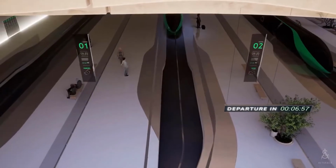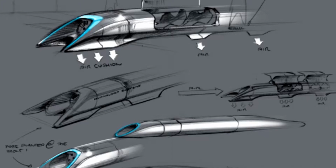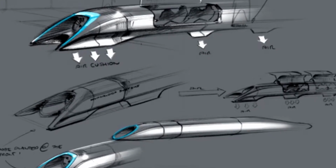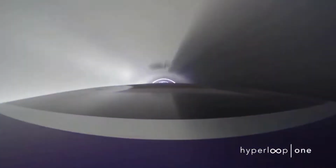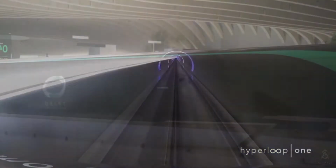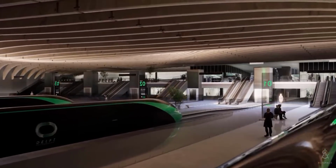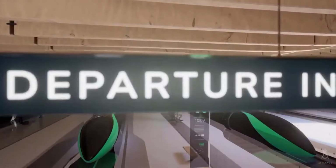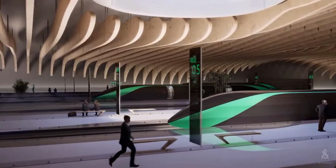One year later in 2013, he showed his idea in a white paper of almost 60 pages. Musk showed his vision for a futuristic high-speed transportation system that would send passenger pods through a partial vacuum in steel tubes. Elon focused on the two main factors that slow down vehicles: friction and air resistance. Because there is no air resistance in the tube, Musk claims that the Hyperloop will reach a way higher speed. The main goal is to achieve a speed of almost 1,200 kilometers per hour,